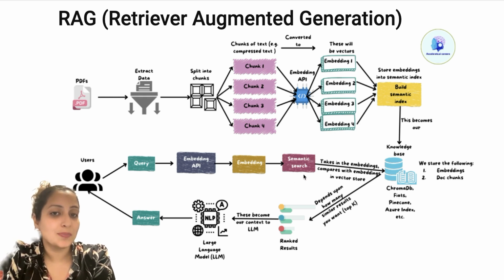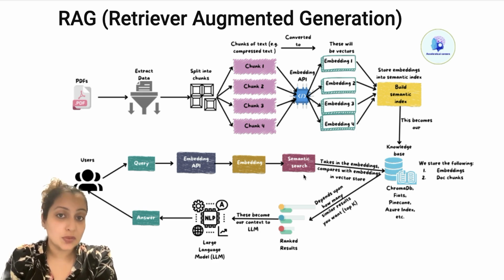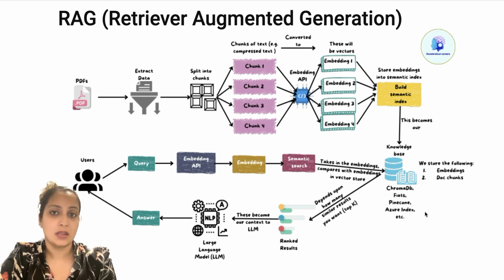Now search is a very easy term to say, but there are different kinds of searches. You have keyword search, you have hybrid search, you have vector search, you have semantic search. So one kind of search you can choose. I will go into details on what kind of searches you can do, what is the difference between the searches, which search is better, which search is not that great, in which use cases. But I'll go at it in future videos. For now, understand that you do some similarity matching between the embedded question and the embeddings you have from the document. And then this search is done, and you get your answers.